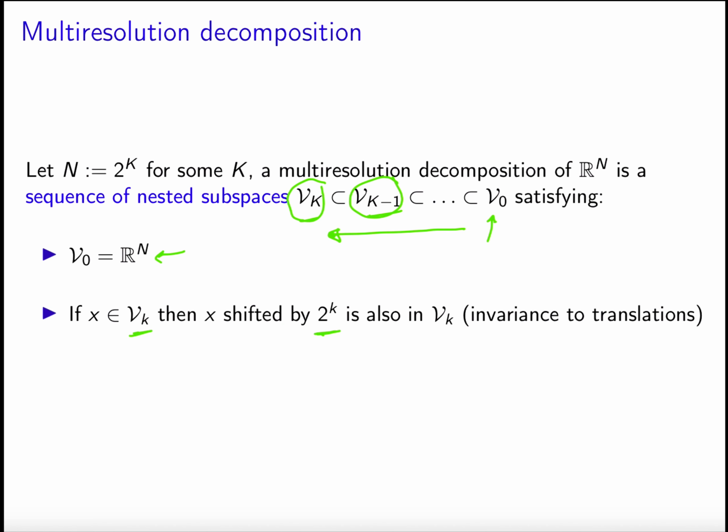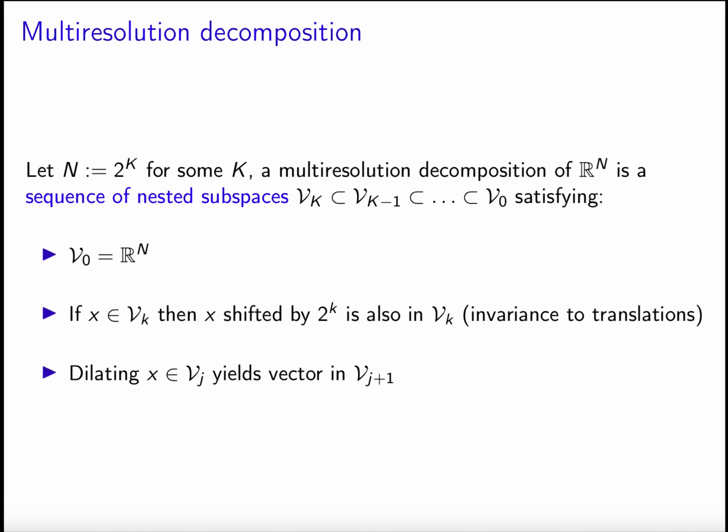This is going to become much clearer in a moment where I show you an example. But the idea is that if the subspace has a certain scale, if we shift by that scale, you remain in the subspace. Of course, if you shift by a smaller scale, you might not remain in the subspace. And then the idea, which is why I'm saying that the resolution is decreasing in this direction, is that if you have a vector that belongs to